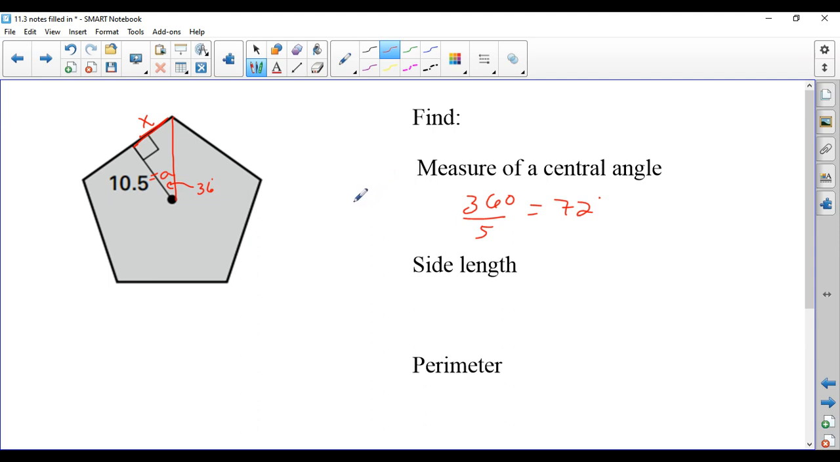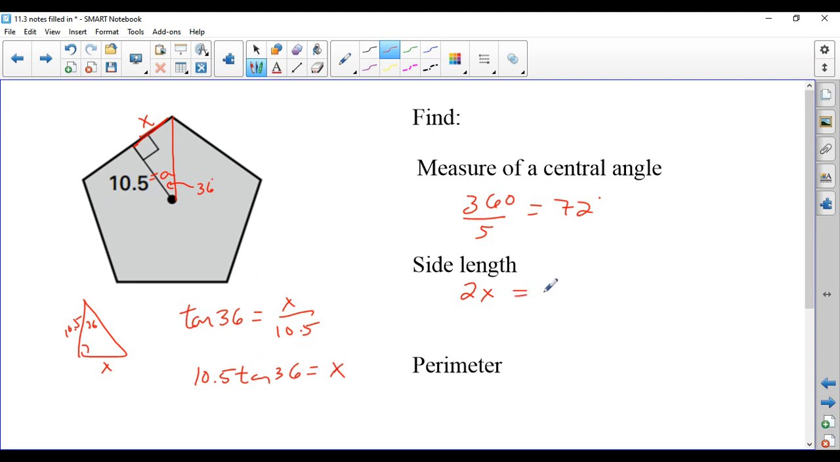So if I want to find the side length, I'm going to use that right triangle where I have 36 degrees. I have a leg that's 10.5, and I'm trying to find the other leg. I'm going to use tangent. Tangent of 36 equals x over 10.5. So this is 10.5 times tangent of 36 equals x. The side length is 2x, so we would type all this in my calculator and double it to get 15.26. It's a pentagon, so the perimeter is 5 times the side length, and that's about